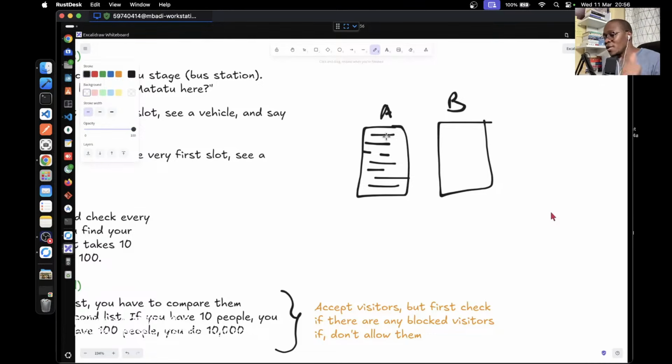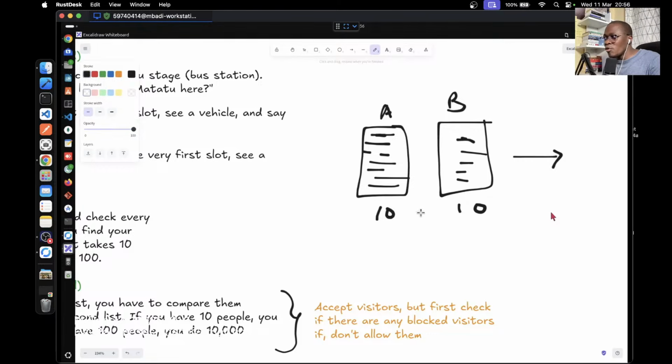So there is another list, list B, which has only the people allowed to come in and eat. As the person standing at the entrance of the house where the party is happening, you have two lists and one job. If a person applies to come in and is on the allowed list, you allow them to enter into the party. For example, if you have 10 people here and 10 people here,